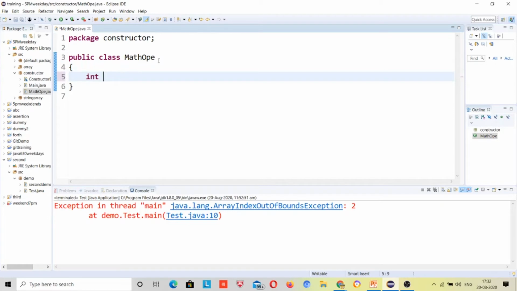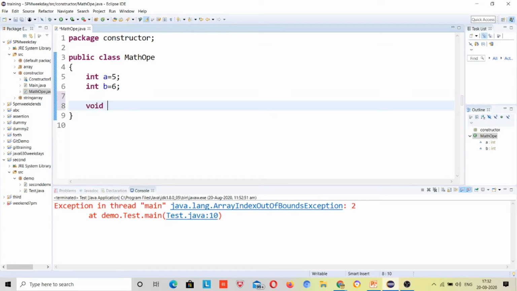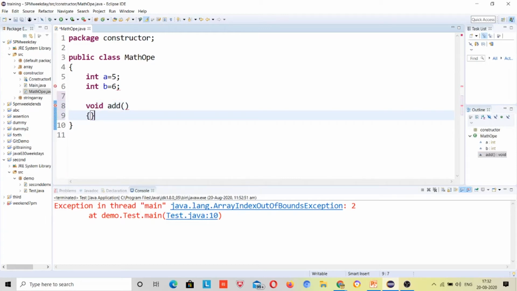I have integer a is equal to 5, int b is equal to 6, right? Void add. int c is equal to a plus b, right?